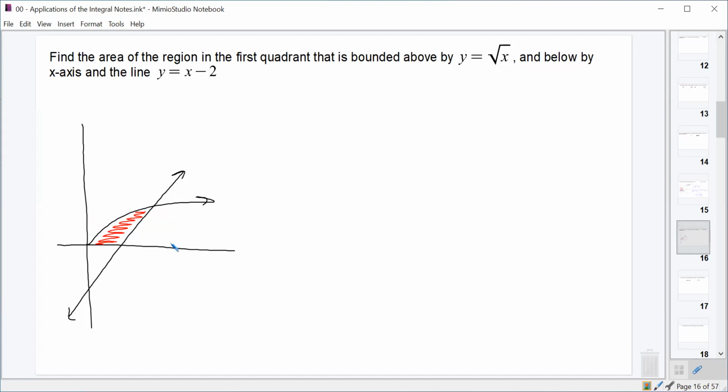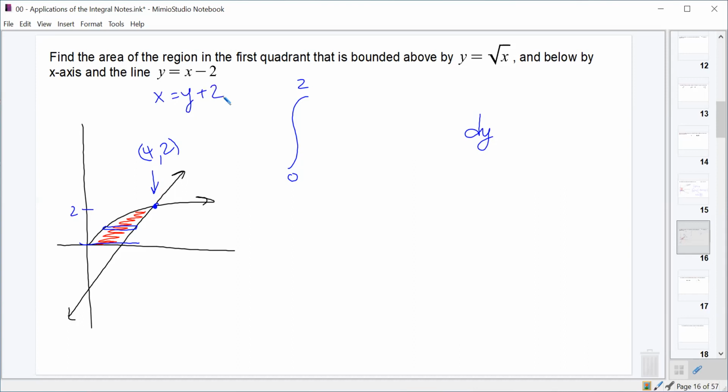Because we know that this point up here was the point (4, 2), we're going to integrate from the lowest y value, which is 0, to the highest y value, which is 2. And we're going to do the width of the region, which is just the x value of the line minus the x value of the square root function. But because the thickness is dy, we're going to have to solve each of these